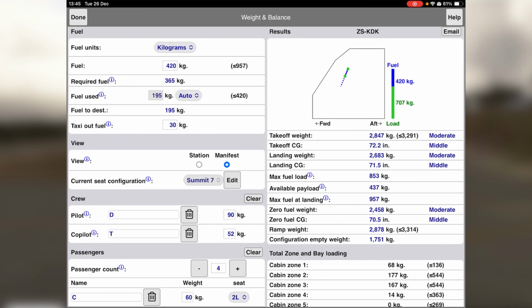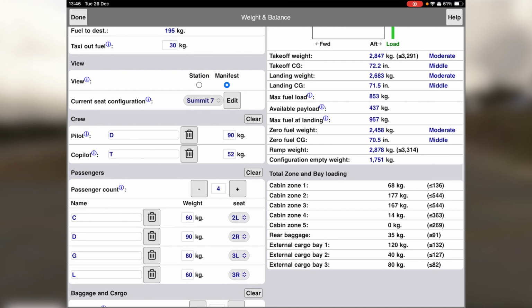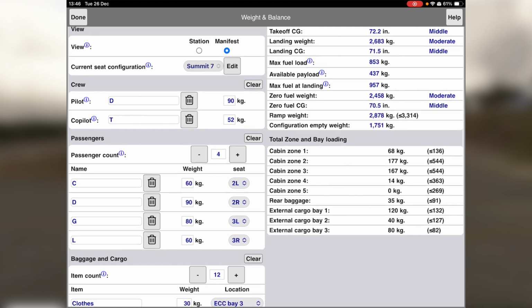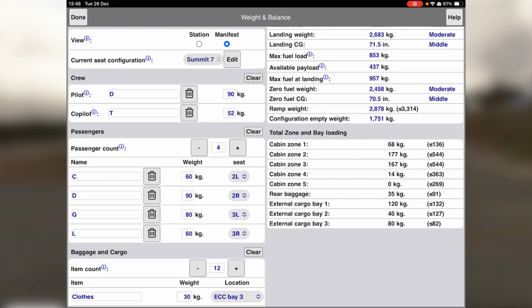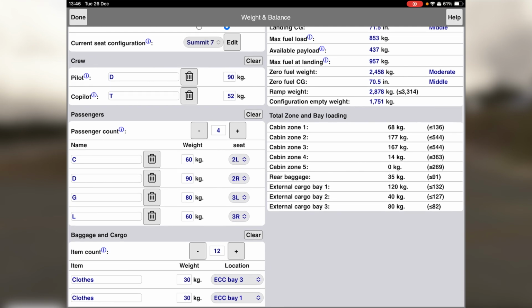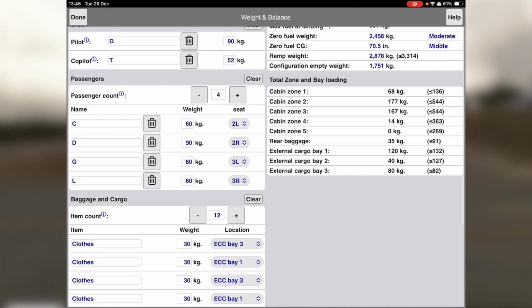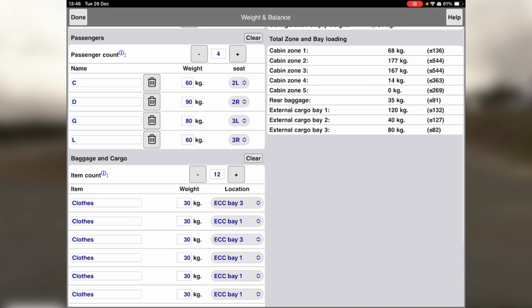2,847 kgs. That's less than our 3 tons last time because we didn't refuel here. We've just kept the fuel that we had left. Takeoff CG 72.2, which is middle. Landing weight of 2.6, which is moderate. And all of that is all good. We've got a maximum fuel capacity of 853 kgs, which we are well under. And then we have put in all of our cargo and balanced that out throughout the cargo pod and the